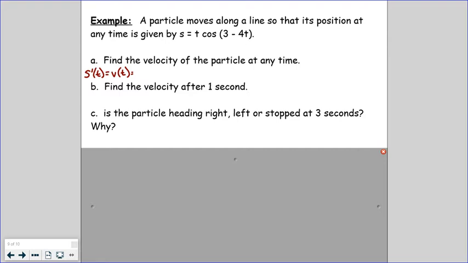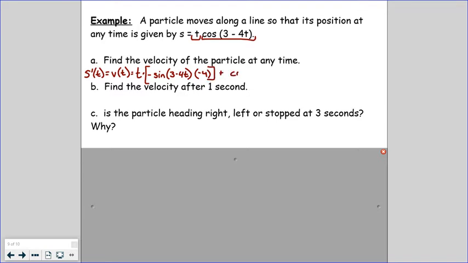Okay, so if I follow my product rule, our first function is t. Our second function is cosine of 3 minus 4t. Product rule says the first function times the derivative of the second function. Second function is a composite, so I'm going to have to do my layers. Outside layer, derivative of cosine is negative sine. Don't change the inside. Times the derivative of the inside function, which would be negative 4,